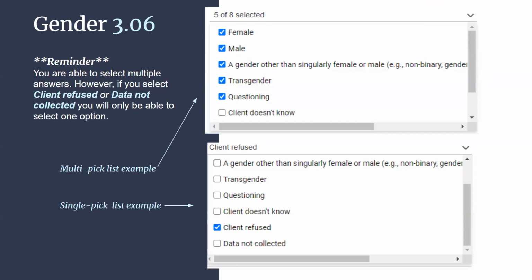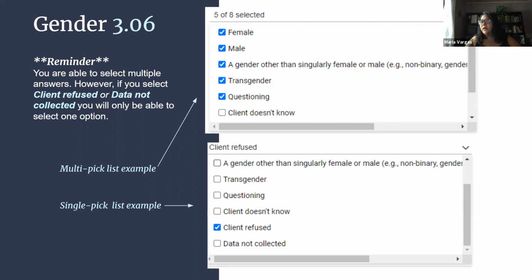One question on that. There's a spot where client refused, but are we going to leave it as just client refused and not pick? For example, the client's not going to identify as transgender or any of the other ones, they're refusing to identify. It's not really client doesn't know, but it's client refusing to identify as male, female, transgender, or any of those. Is that going to be a section 2? Because I know there's a scroll thing. There is, but that's the scroll. So if you look at the second image below, that's what that client refused is. So it does show up there.